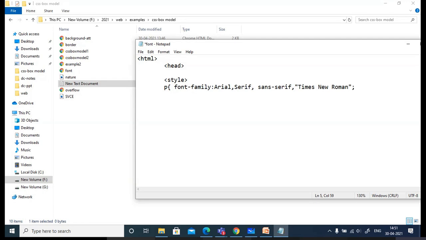Okay, close it. First I will go with font family, then we'll check the remaining.